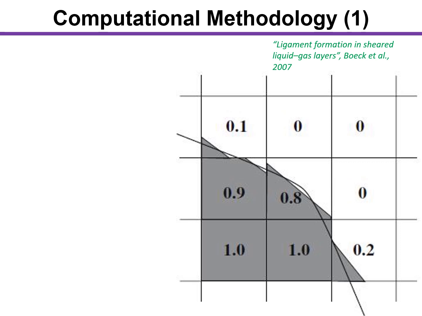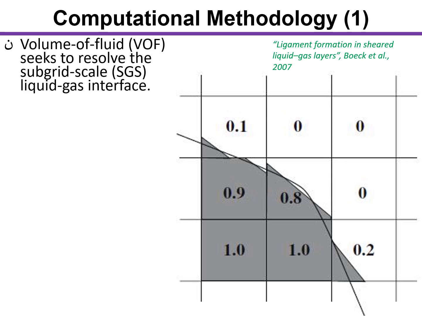Let us now review our methodology. This is a VOF technique, and this picture belongs to someone else. I didn't do this, but we're using, like I said, VOF, and the point of VOF is to resolve the subgrid scale liquid-gas interface, because CFD typically is only concerned with cell-centered values and an average volume of fractions, say, for a given cell. And those volume fractions for the cells are shown in this picture on the right, and we're sketching the outline of the actual interface in the background, and then the replicated piecewise linear interface construction is